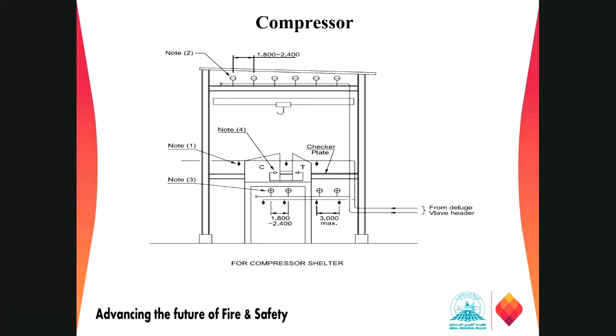Okay, so it is going to some other process areas. Normally there are chances of vapor present in those areas. So we need to protect this one with a water spray system to protect it from any kind of exposure. And we need a density of around 0.25 GPM per square feet.